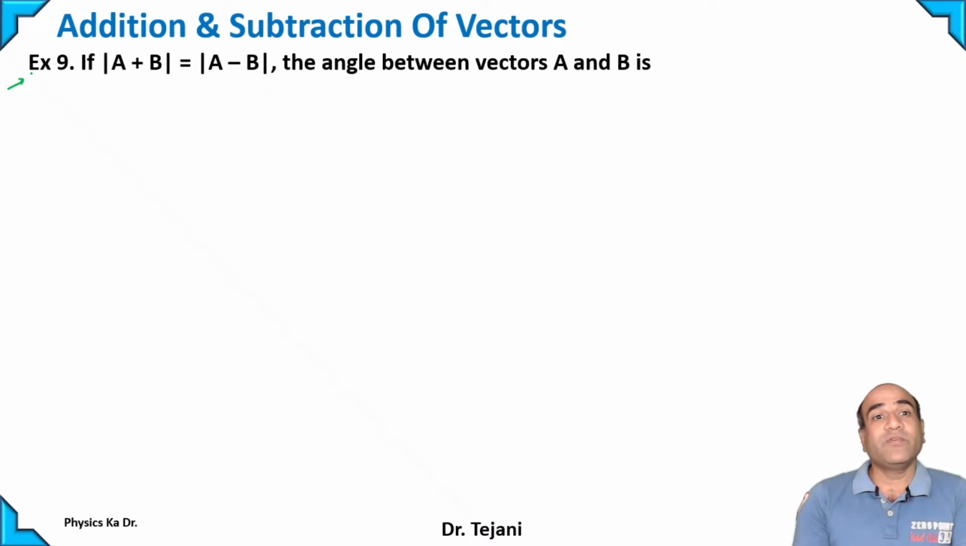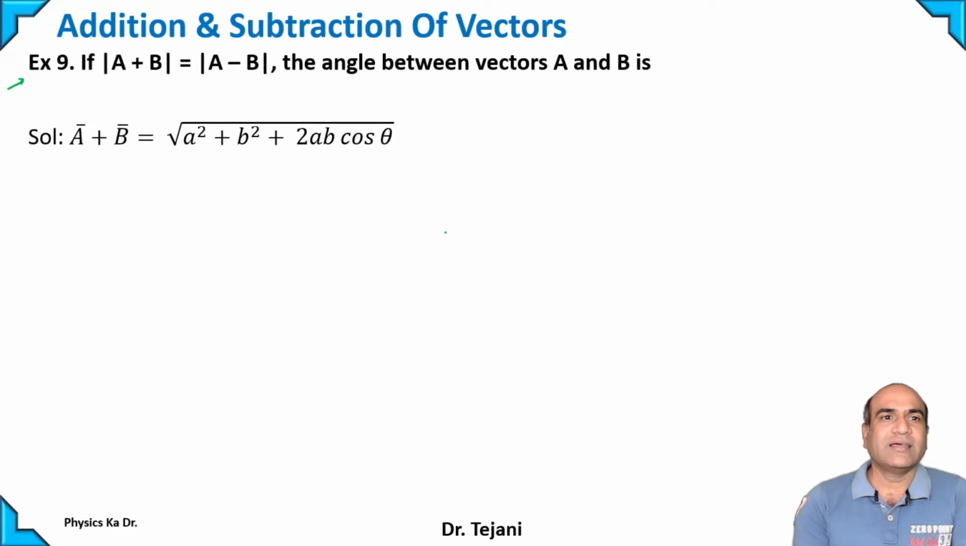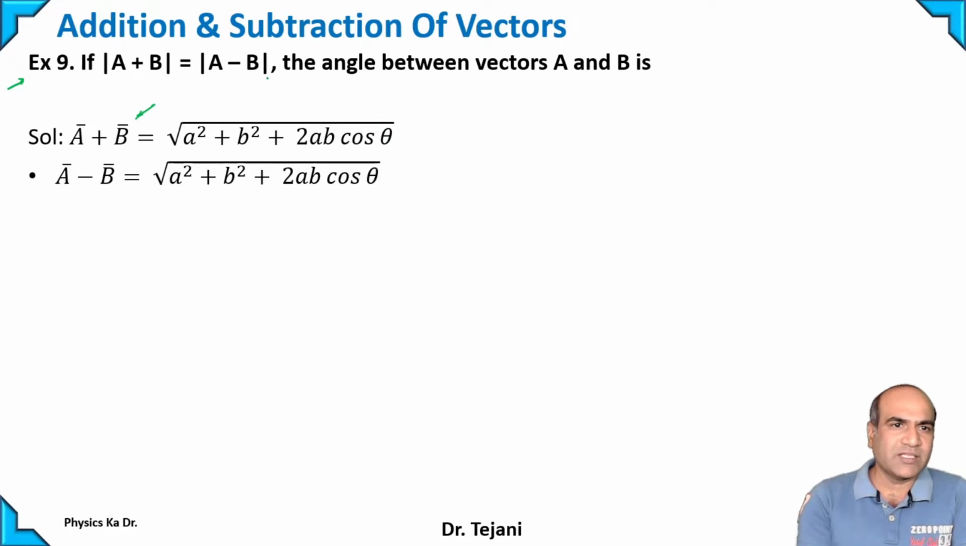Example number 9, if mod A plus B is equal to mod A minus B, what is the angle between vectors A and B? So we know that mod A plus B is equal to root of A square plus B square plus 2AB cos theta. And for A minus B, here it is minus, so put minus here: A square plus B square minus 2AB cos theta. So here it is given A plus B is equal to A minus B. Put the values here